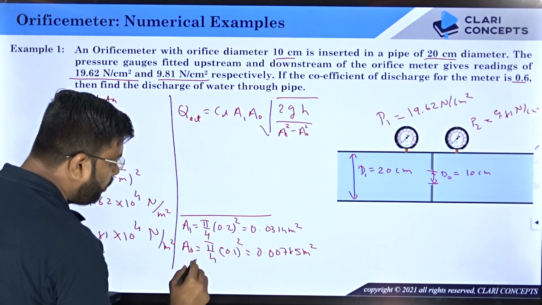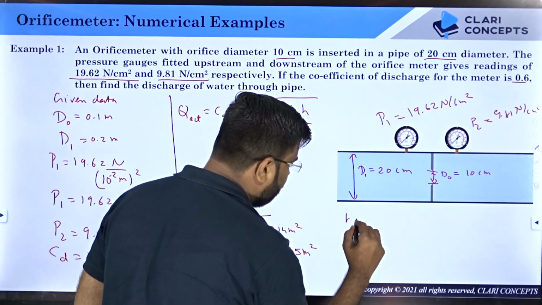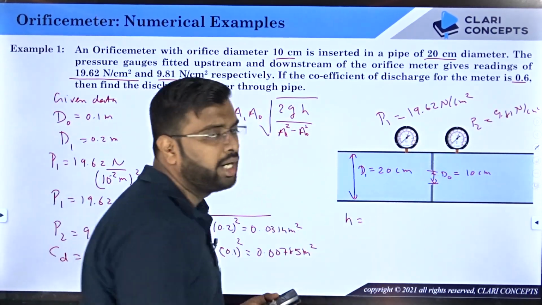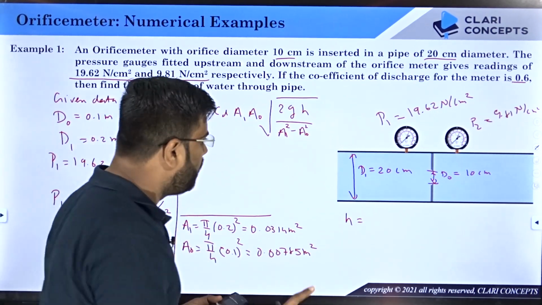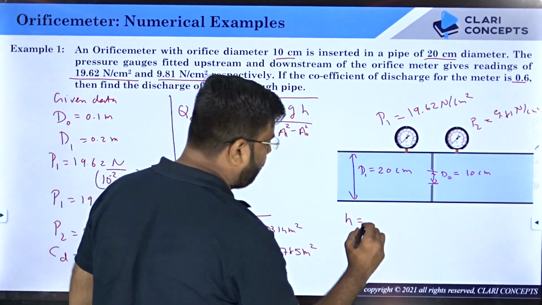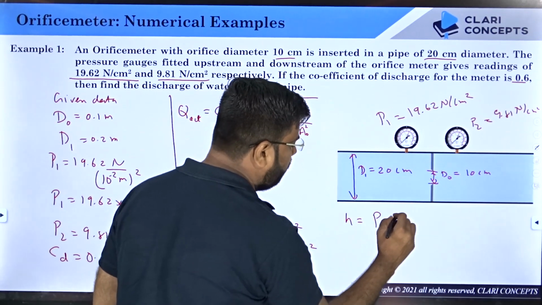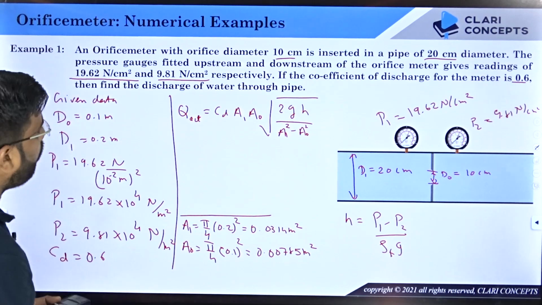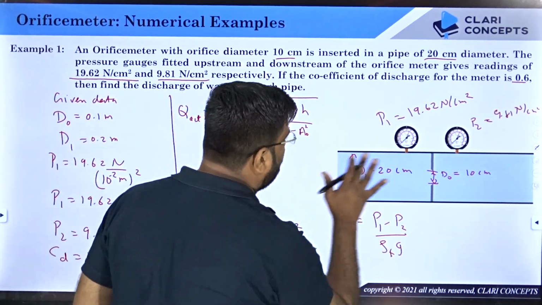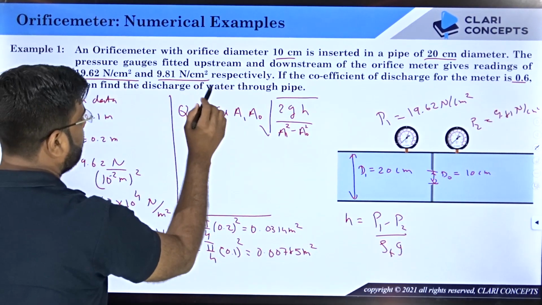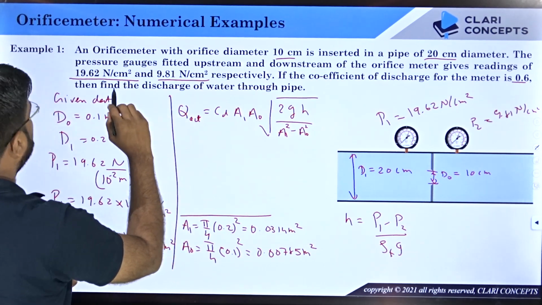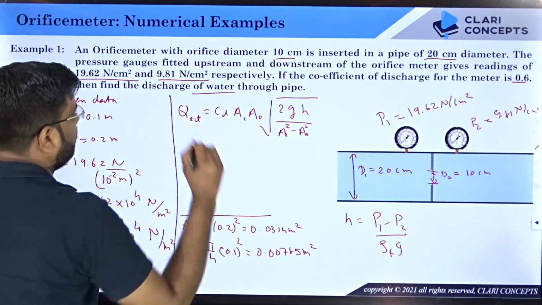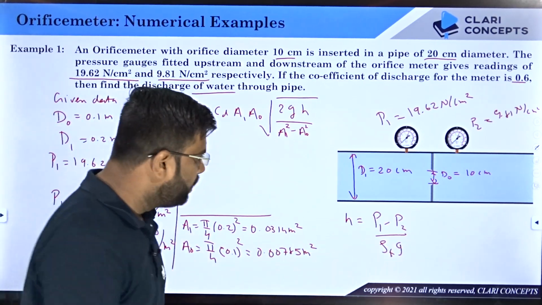Now see, I will calculate H over here. Since there is no U-tube manometer to measure the pressure difference, but they have directly given the pressure gauges, we know from the previous lecture on the orifice meter that when pressure gauges are mounted, H equals P1 minus P2 divided by rho F into g, where rho F is the density of the fluid flowing through the pipe. What is the fluid flowing? Let me check if anything is given. Okay, discharge of water. See, water is given, so this density should be the density of water. So let me put the values.